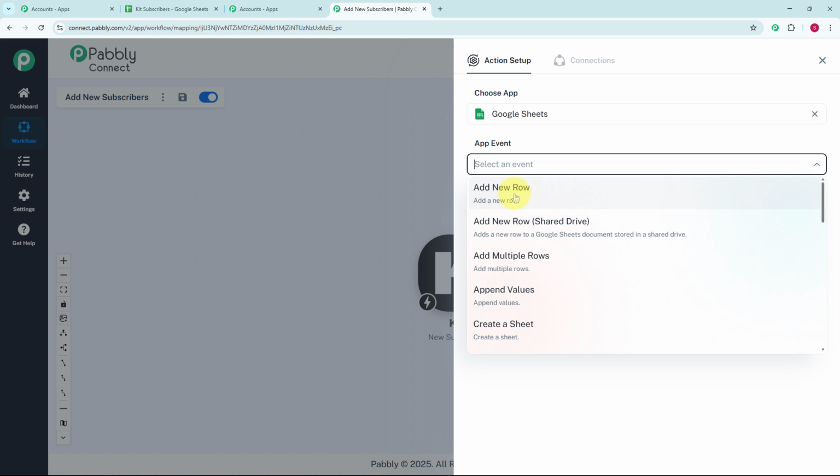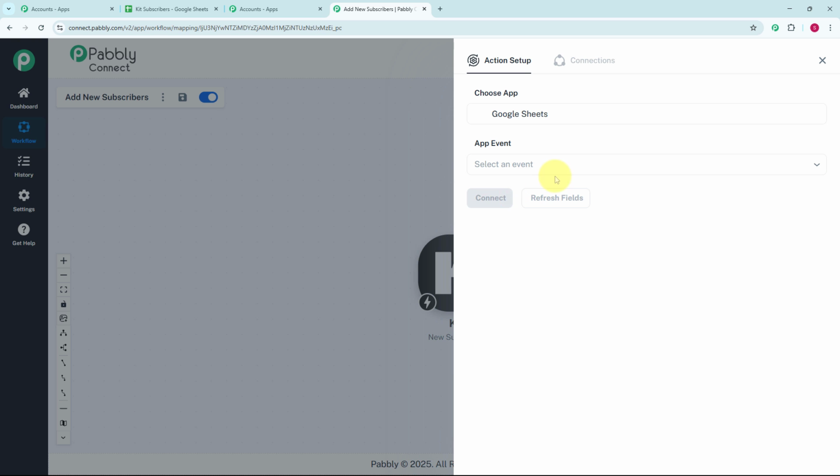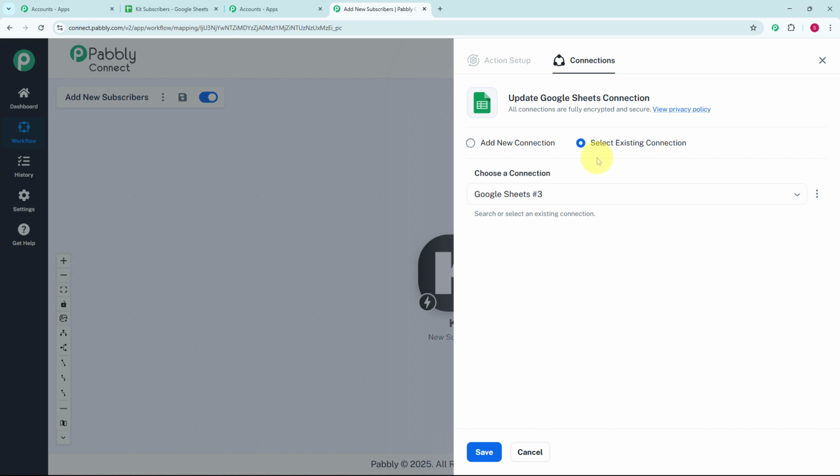So I am going to add a new row in my Google Sheet if a new subscriber is added to the Kit. So I am going to select the app event as add new row, and once you select the app event, we are getting the button that is connect. So just select it. After clicking on connect, we are getting this Google Sheet connection page,